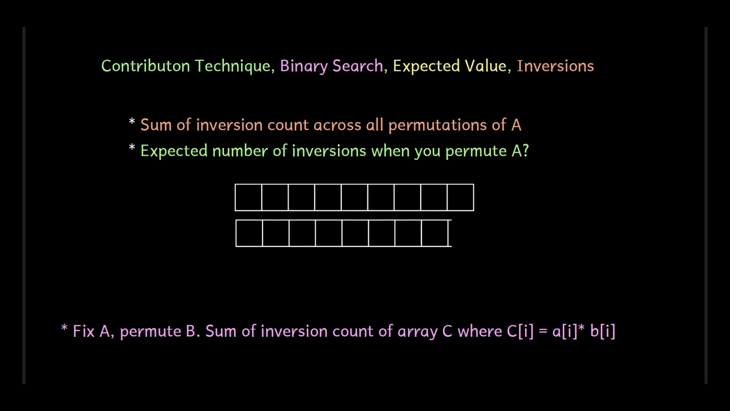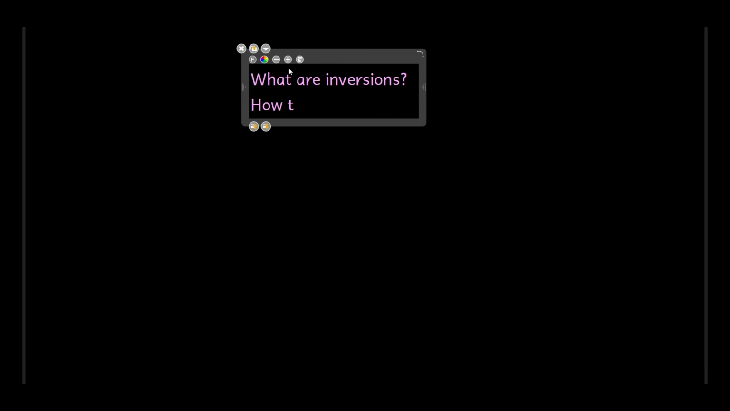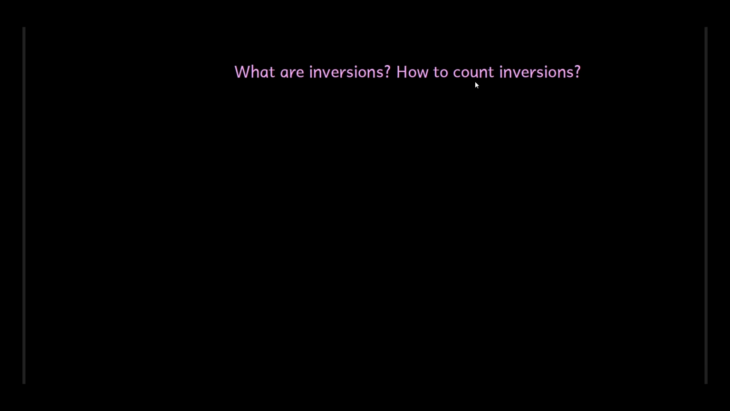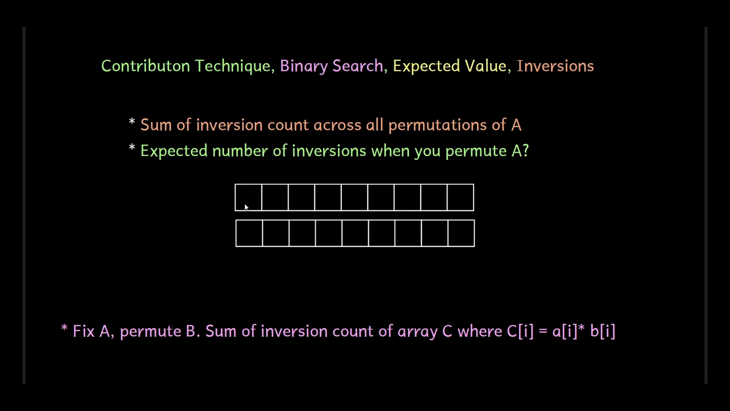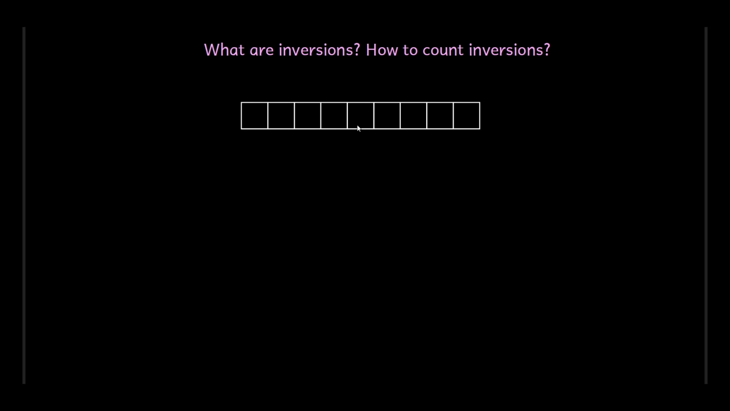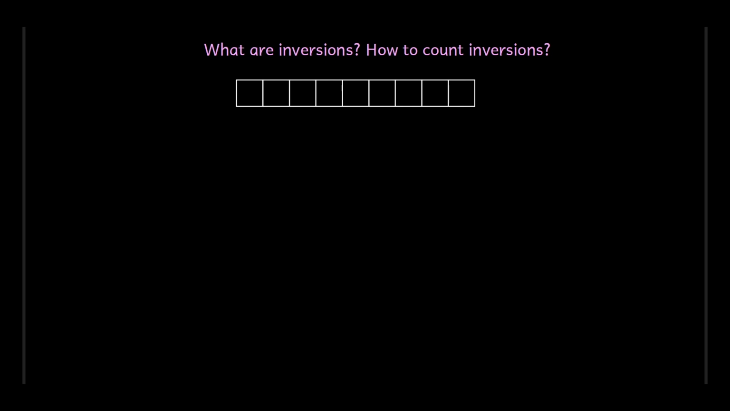So first of all, for people who are not familiar, let's see what inversions are and how to actually find them. What are inversions? How to count inversions. So first we discuss this algorithm. Let's take this array. If this array was sorted,